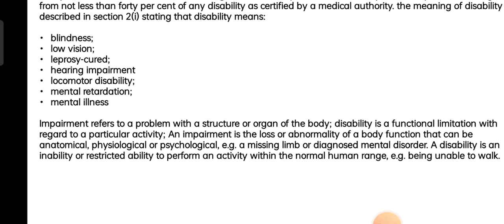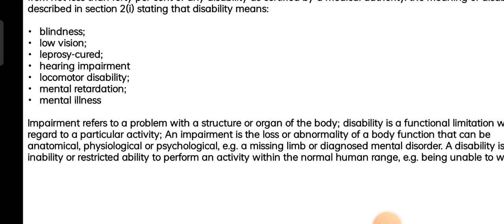The first thing is we want to know the main difference between impairment and disability. What is called impairment? First, you should understand what impairment is. Impairment means there is a problem in our organs. It can be an eye problem, or our oral, or brain, or hands, legs, whatever it may be. So it may be an organ of our body.